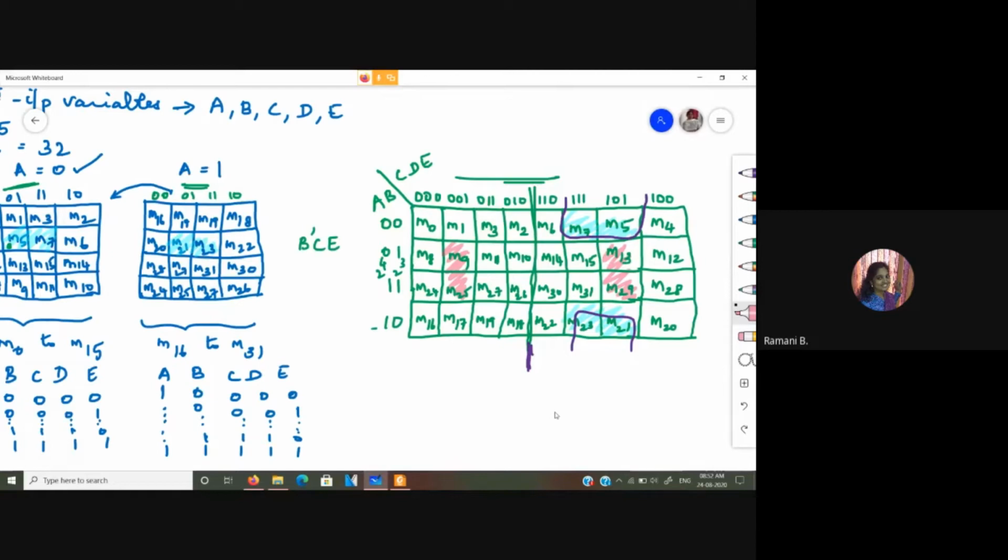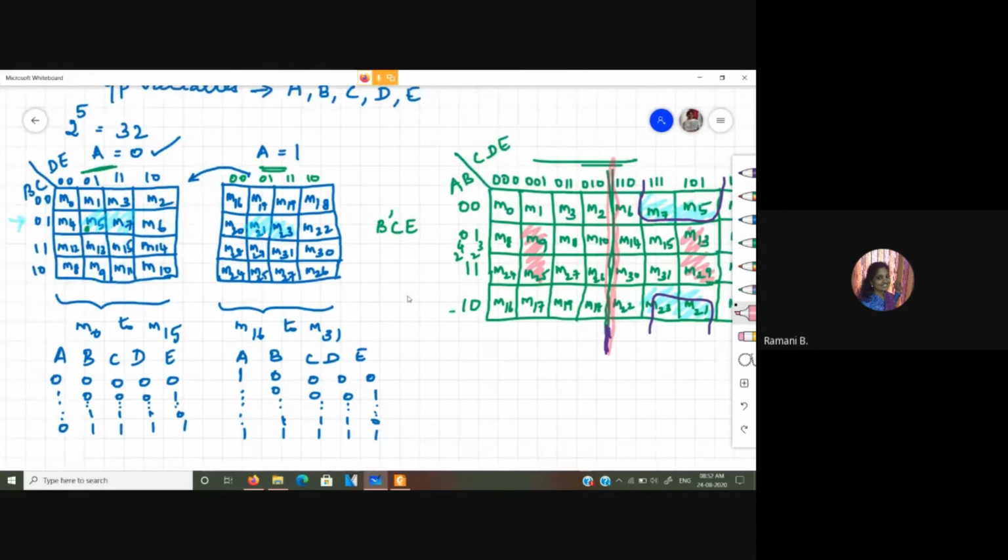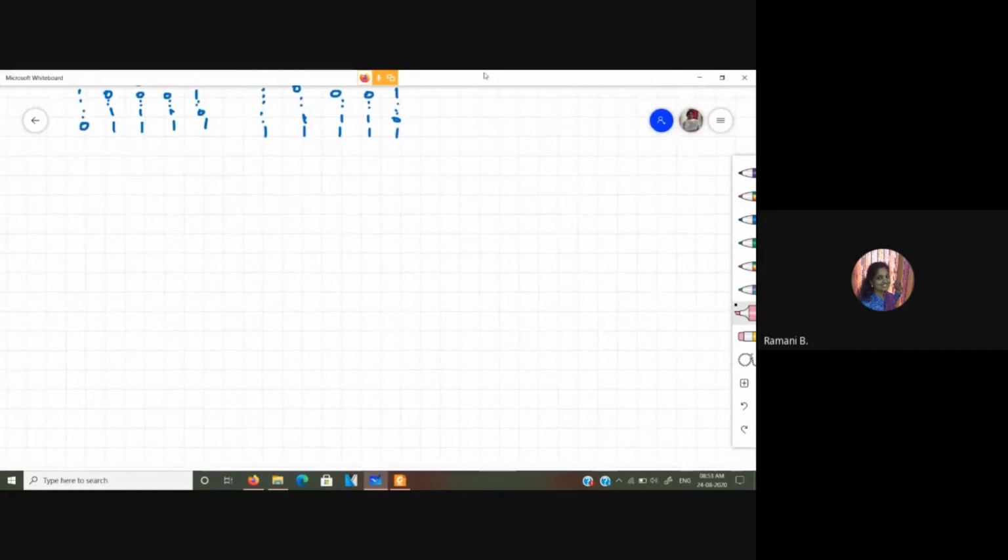Here, remember, you are folding it with respect to this center. The normal rule, as with any four variable K map also, we did the folding in the middle. Similarly here, as you have 8 columns, we fold it at this position, so these are also adjacent. You can follow either of the K map methods: either this structure having the 4 variable K maps, or straight away this one, whichever you are comfortable with. So let us see an example first.